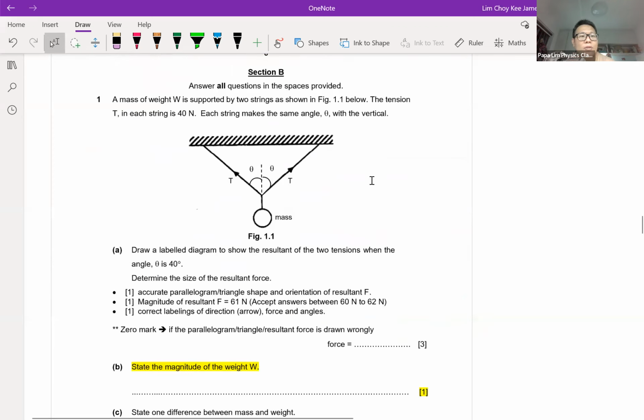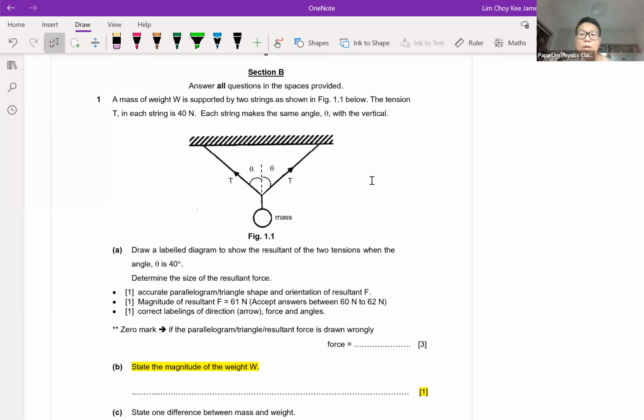Now for question 1, it is a drawing of forces, or what I call vector addition. Whether you use the parallelogram method or the tip to tail method doesn't matter. I think all my students did quite well for this, so I will not go through the exact working for the parallelogram or tip to tail method. If you need it, the video is in my